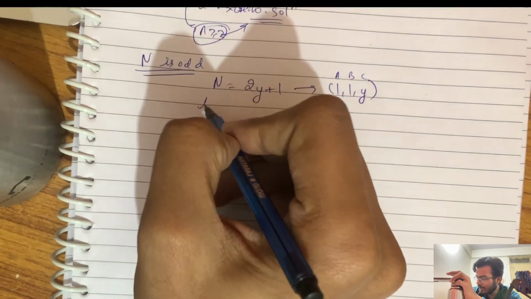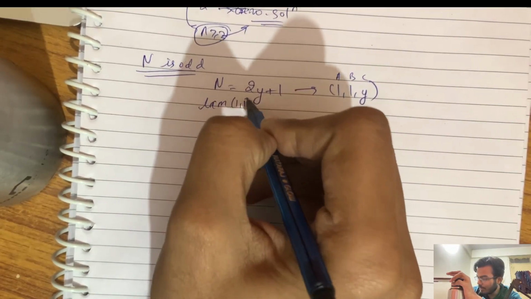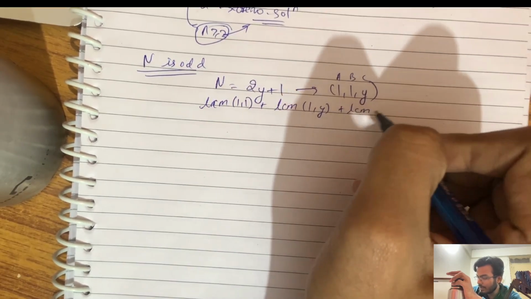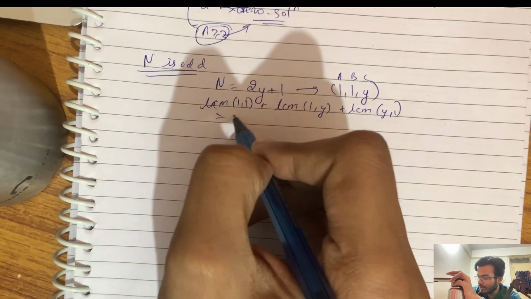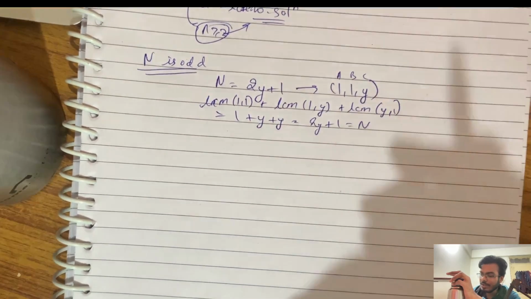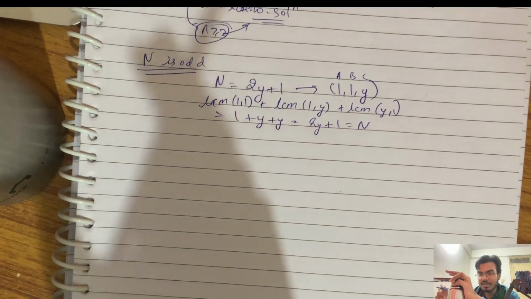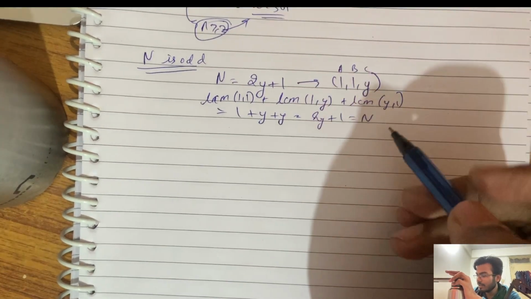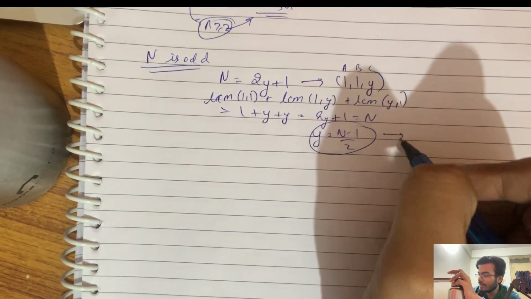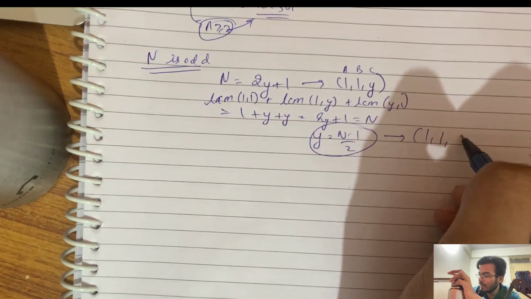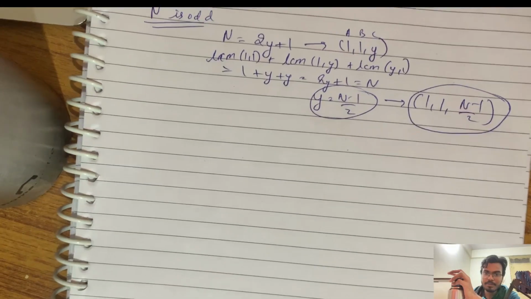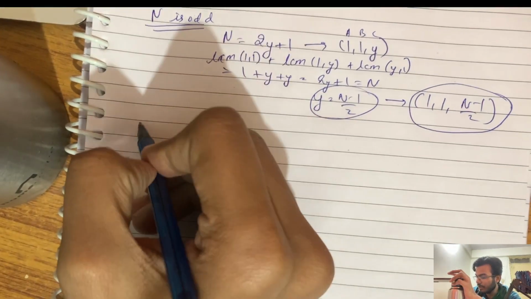You can just try it: LCM of 1 comma 1 plus LCM of 1 comma y plus LCM of y comma 1, which is equal to 1 plus y plus y, which is equal to 2y plus 1, which is equal to n. So if you are given an integer n and it is an odd number, you can directly say, okay, y is equal to n minus 1 by 2 here. Then you can directly say my answer will be 1 comma 1 comma n minus 1 by 2 if n is odd, right? Then we have another case when n is even